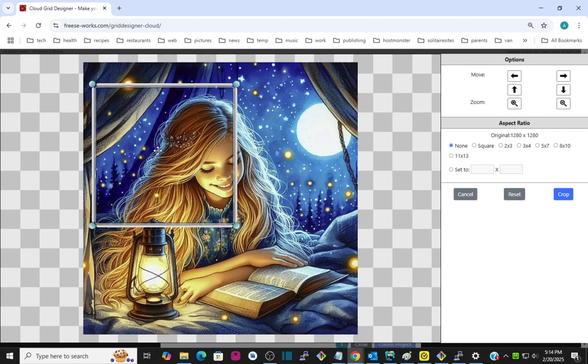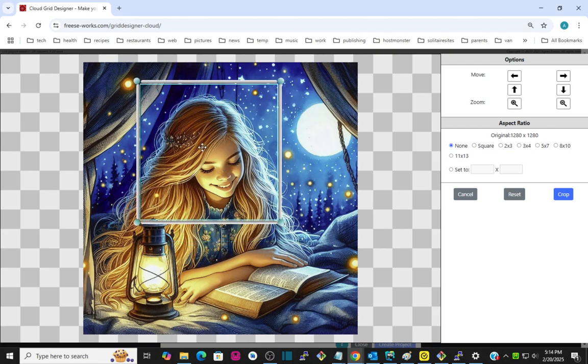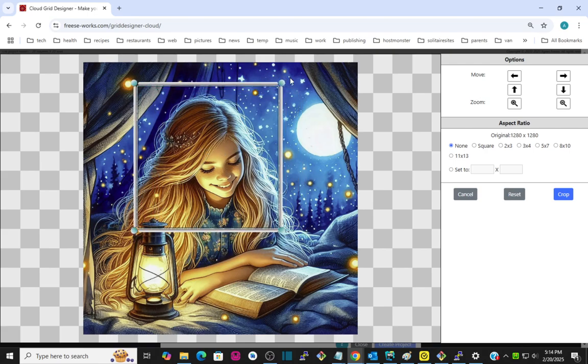You can grab this if you click it in the middle, you can grab it around and move it like this. This is going to be your selection for your cropped area. And you can also grab the bars. Now, if you're on a mobile device, one of the nice things is when you put your finger down on this bar, it'll highlight around it so you can tell whether you've got hold of it or not. Also, these little corner things have a glow effect around them that you can generally see around your finger. And anyway, so you can move that around. You grab the middle of it, you can grab the bars, you could grab the corners,